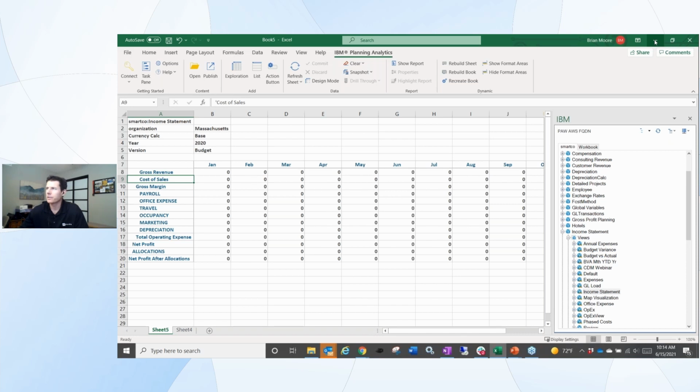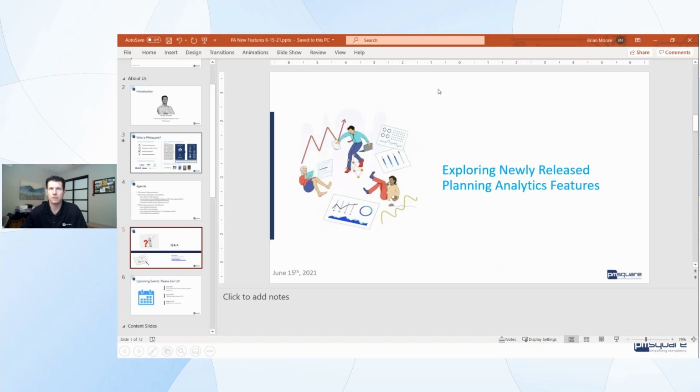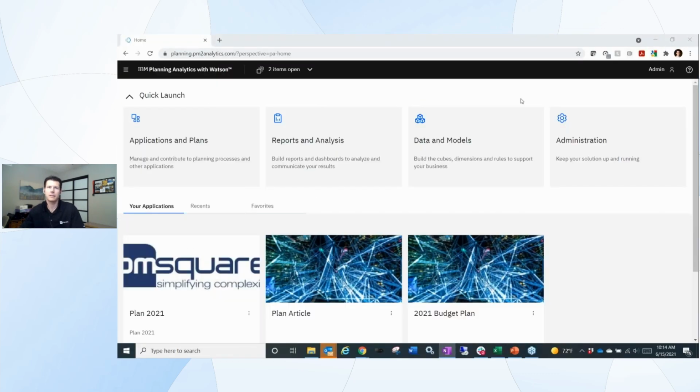Next, going over to PAW, which is the main event. Escape here and show you my PAW instance running on AWS. We do have some footnotes for cloud customers. PM Square doesn't run a cloud, IBM cloud instance, but for those cloud customers out there, please note that